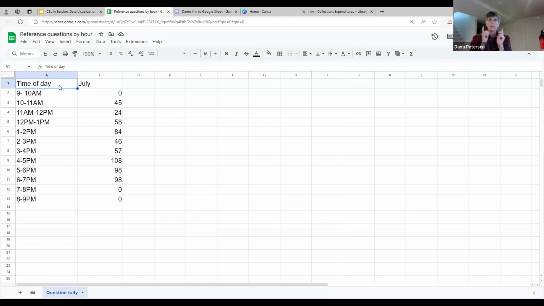Oh, and we forgot. The very first thing you ever do with your data set is make a copy of it, put that original data set someplace, and never touch it unless you mess up the one you're working on, right? And then you can go back to that original.